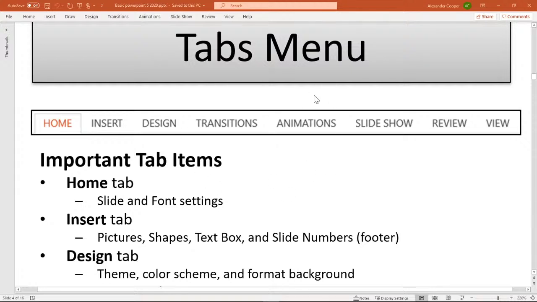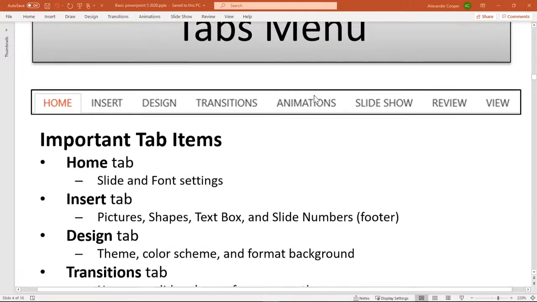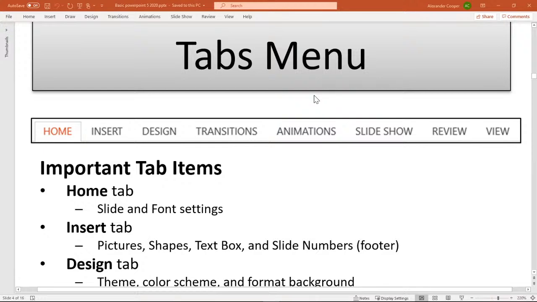Let's talk about our tab menu a little bit, okay? Usually in class, I'd have a printout, and everybody'd have their own computer. And of course, we would go step by step through everything. I'm not sure if you have the handout in your hand or not. Of course, you probably don't. There are ways that you could watch a class in the future and have the handout printed out. Good for you. But basically, I'll cover the topic with our handout, and then I'll open up PowerPoint, and we'll do it with PowerPoint, okay?